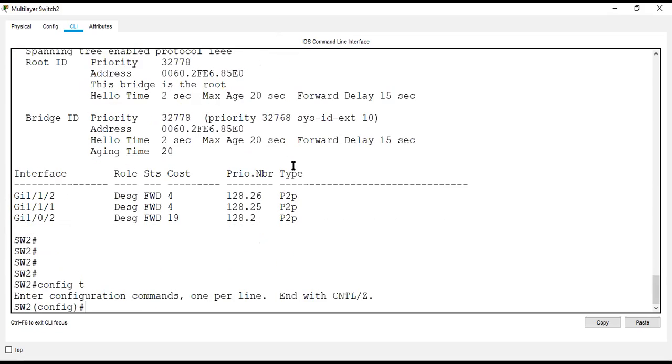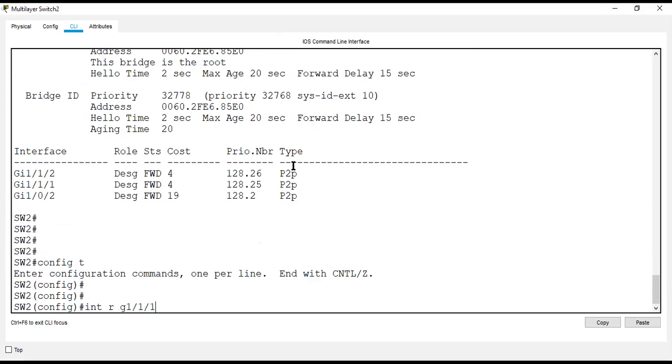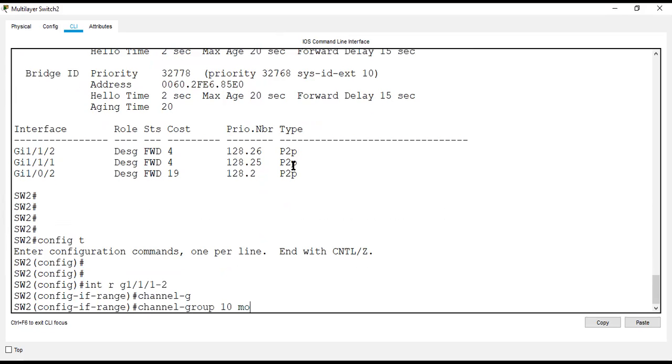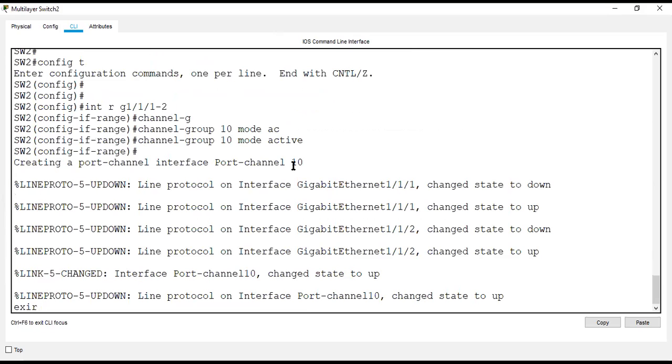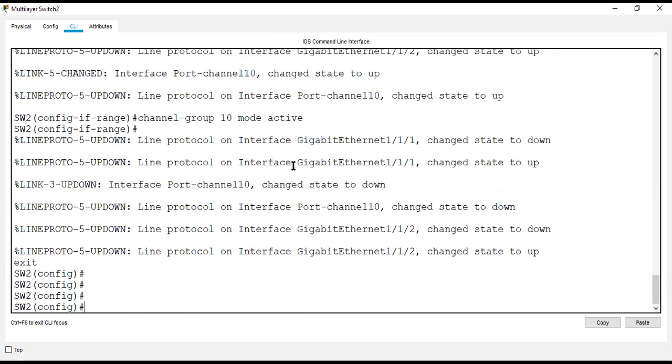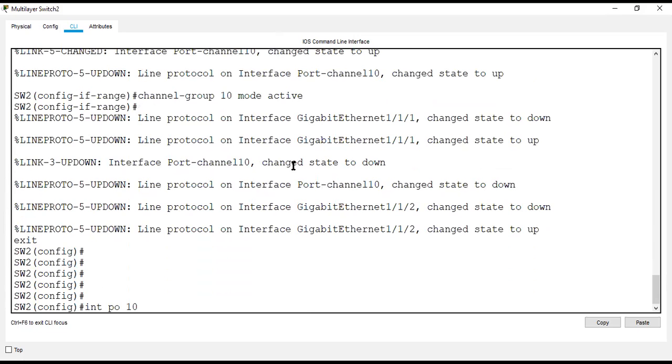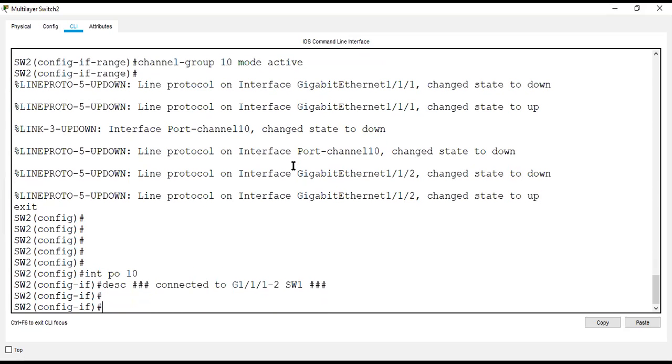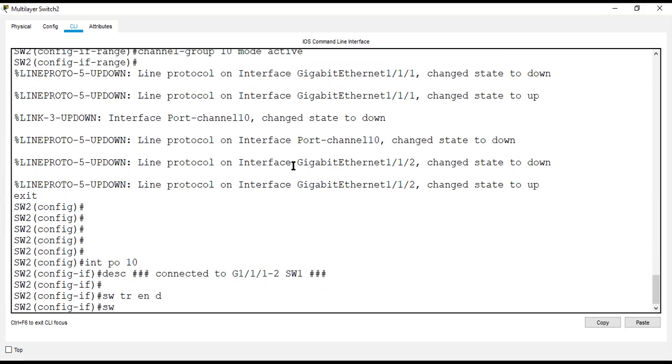Config T, interface range gig 1/1/1-2, channel-group 10 mode active, exit, interface port-channel 10, same thing, description connected to G1/1/1-2 switch 1, switchport trunk encapsulation dot1q, switchport mode trunk.